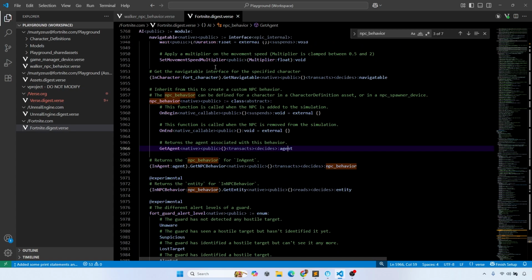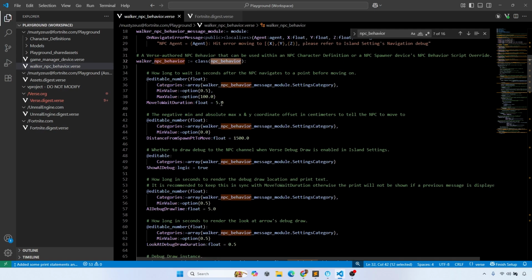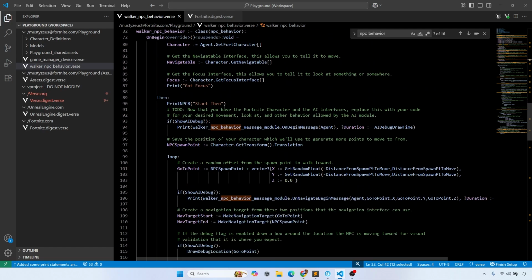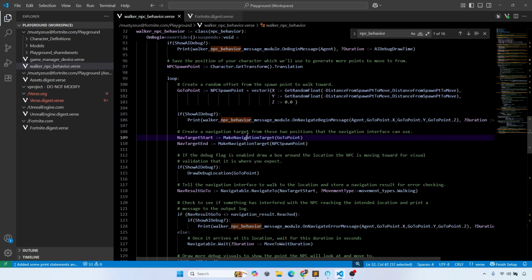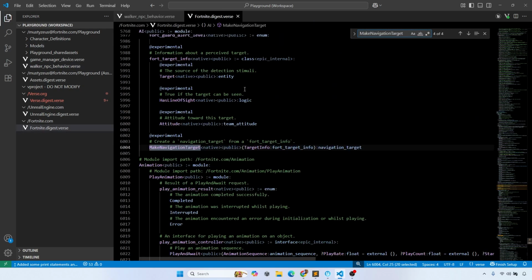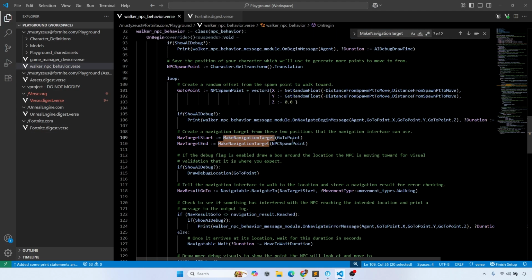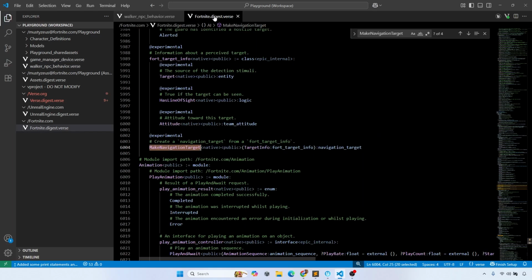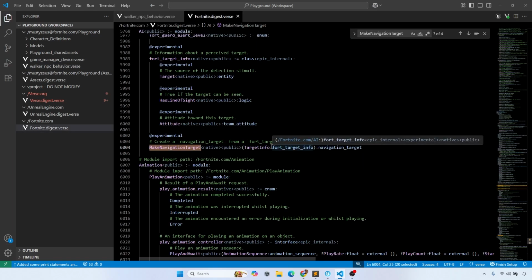And I don't see that method. Let's see here. Make navigation target. Oh, it's just under AI, the AI module. Interesting. So create a navigation target from a forged target info. Oh, interesting. So you give it a point, so it accepts a target info,